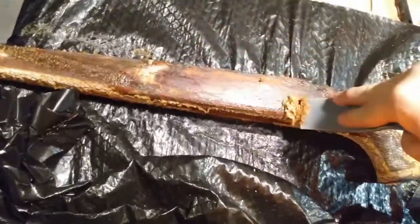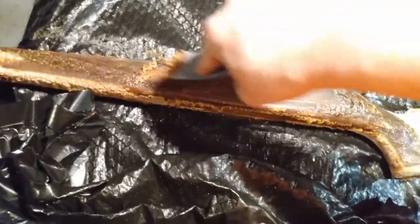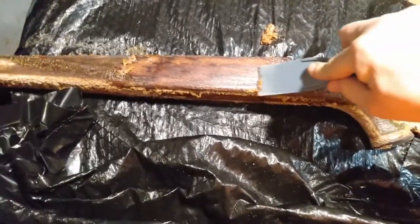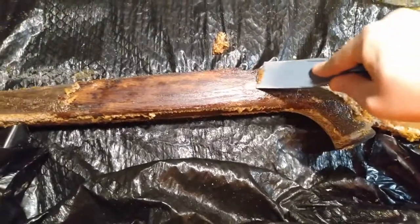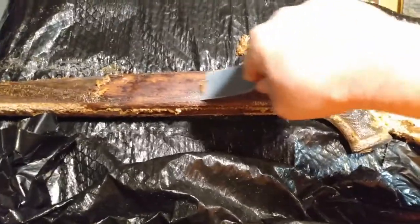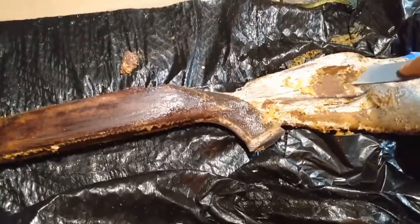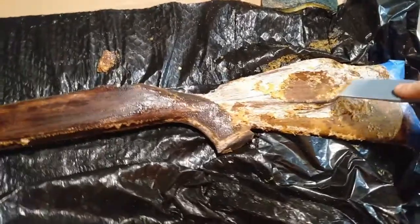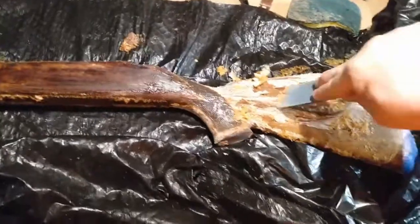Okay. There we go. So with that poly finish that we have on there, you really got to let this stuff soak in. You can let them sit for up to 24 hours, according to the instructions on the citrus strip. I try not to let it sit that long if possible. So we'll go ahead and get this off of here as best we can, see where we're at, clean up some other areas, wipe down the stock, and then we will clean the wood